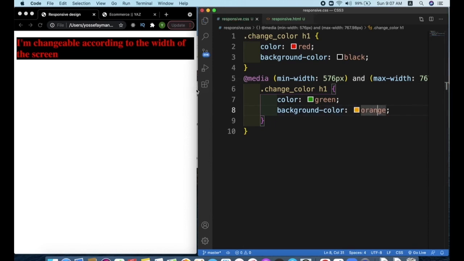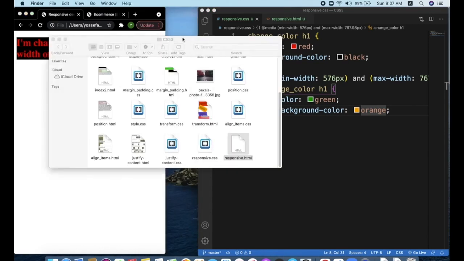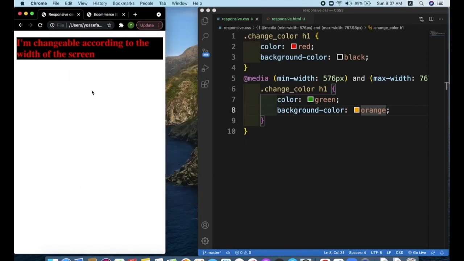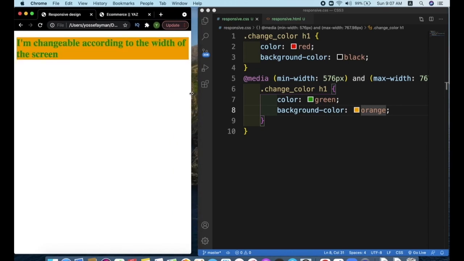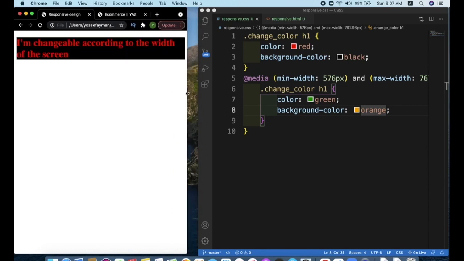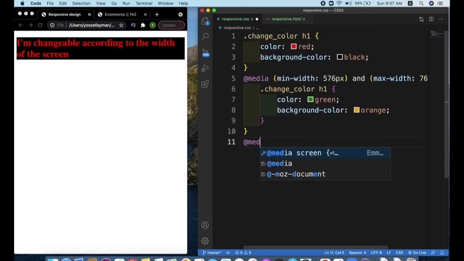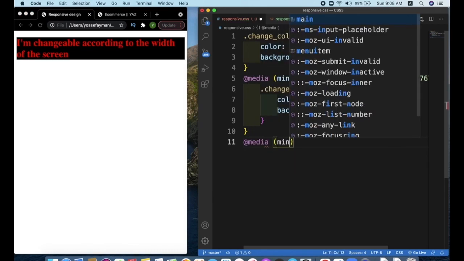Let's make the screen smaller to start from the beginning. We can cancel this one right here. So here we got this, but when we make the screen larger, we will be having different color with different background. The second breakpoint we have here is from 768 to 992 pixels. We can create a new one here. Minimum width